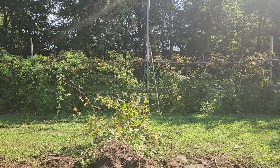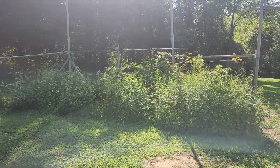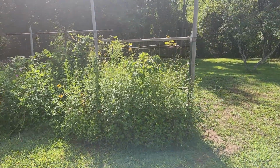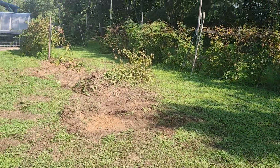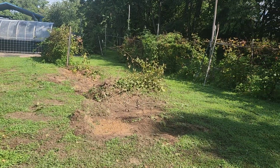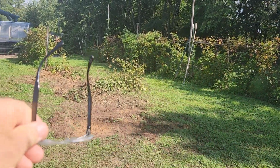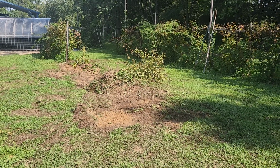And then I started thinking about the solar array, and I needed to place that, and this was the best place for it. So I made the decision to pull the berries out, and I'm going to pull out that whole row all the way down to the greenhouse, and probably most of that row as well. So